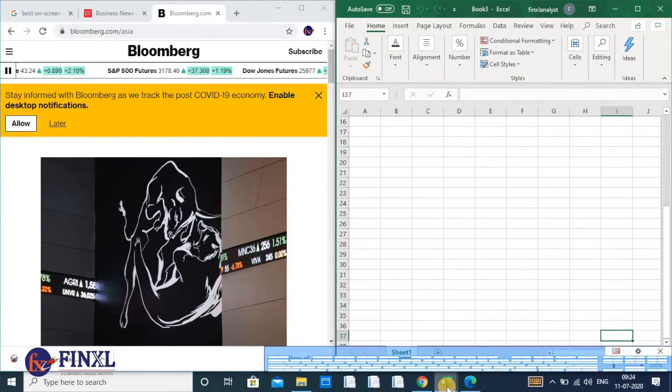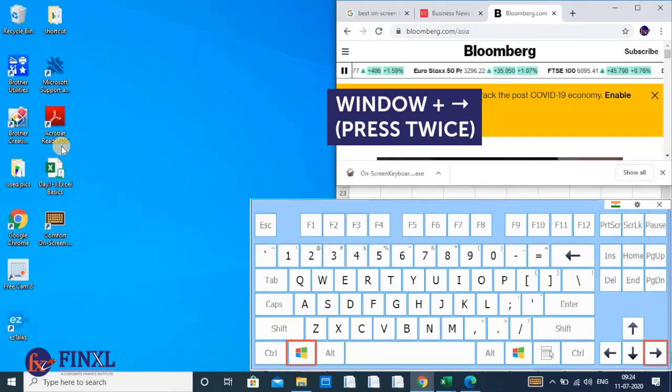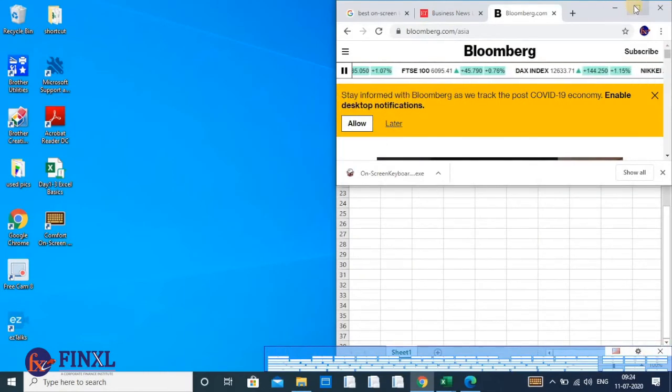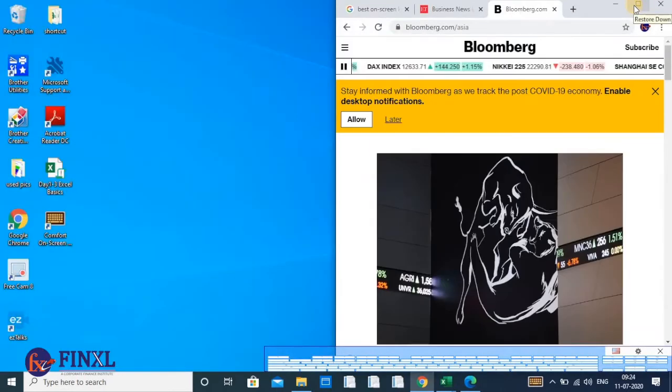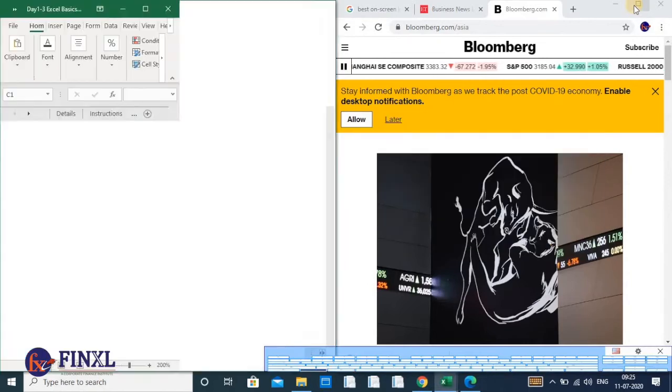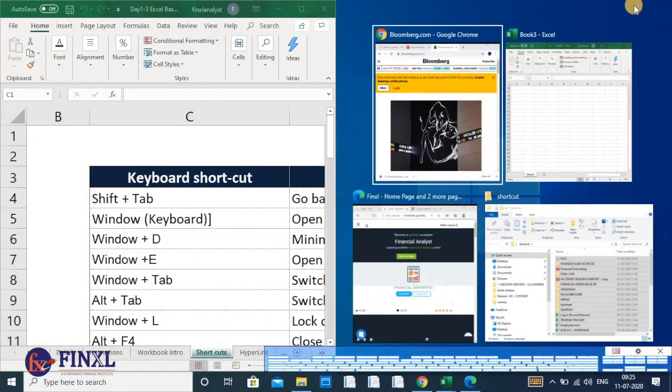If you want to show this window on the right side, press window right arrow twice. You have to maximize this with the right arrow so you can see it. If you want to show this on the left side, press left so you can see it.